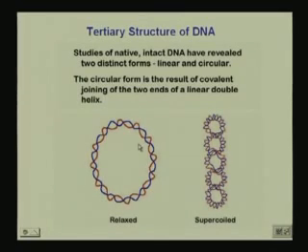So, when we have a covalent joining of the two ends of a linear double helix, we obviously will get a circular helix. Okay. Now, the circular helix remains actually in these two forms. This is the tertiary structure of DNA. We have a relaxed form and we have a supercoiled form. Okay. Now, in the supercoiled form, there are certain terminologies that are used,